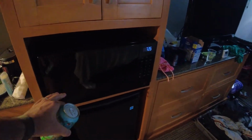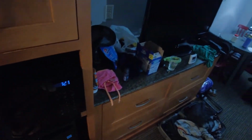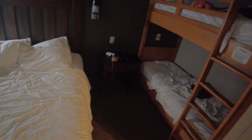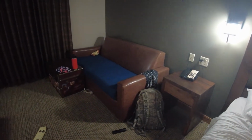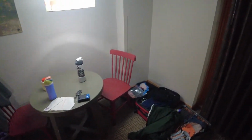You do have a microwave in the room. A little mini fridge, TV, bed, queen size, and you have a bunk bed in this suite, which is awesome. And then you have a couch that is a pull-out couch, little stand where you can sit and have dinner